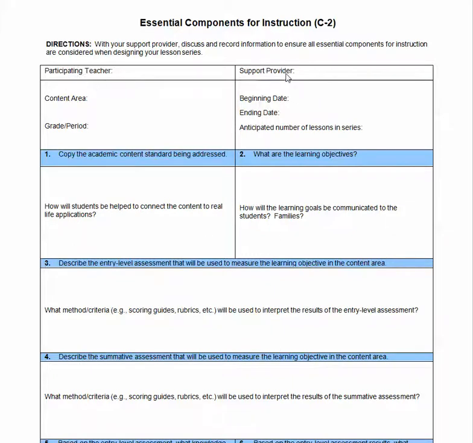And so you'll just fill in all of the different information. What is your content area, your beginning date, anticipated number of lessons, your content standards, and what are the learning objectives? Just to make a note on the formatting, you'll see that there's a copy of the academic content standards being addressed here. Here you are required to use the Common Core state standards, so make sure that you have the Common Core state standards in here,